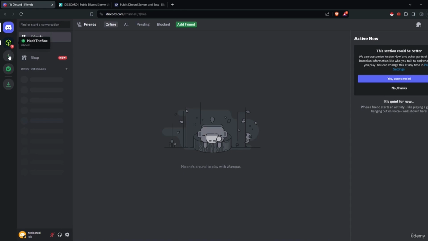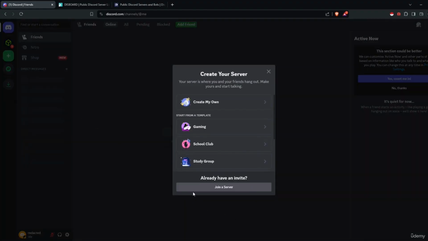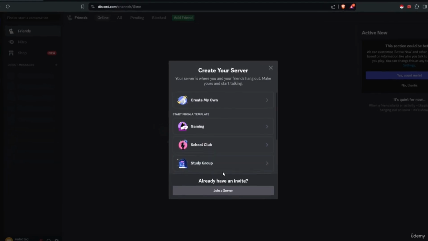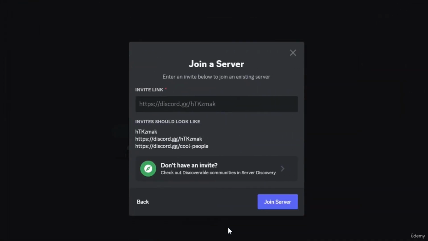Then if we want to add new servers, we can click on it, and then we can either join by an invite, or we can create our own Discord server. Now, if you click on a join a server, you usually need a link or a code. These codes are either distributed from people within a server, or you can find them by going to a few websites, which I'll show you in a minute. This is as if you have found out that your target is quite active and vocal online, then depending on what their area of interest is, you can find servers that fit that topic to see if they are on those servers or that other people are mentioning them.